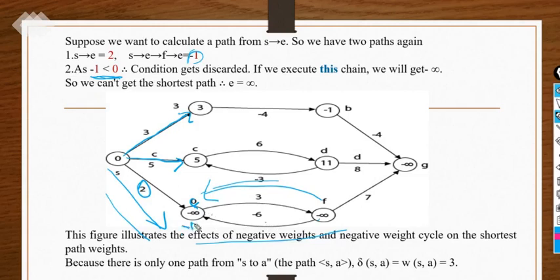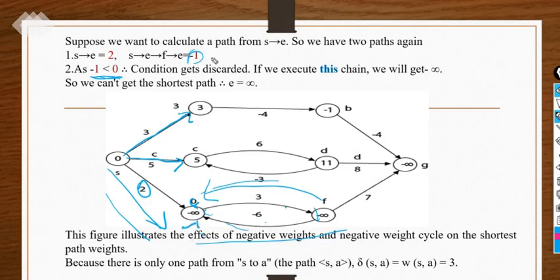It will not stop at -1. Again it will repeat: -1 plus 3 is 2, then 2 minus 6 is -4, and so on. It will repeat, decreasing negatively up to minus infinity. So it will not stop at -1.